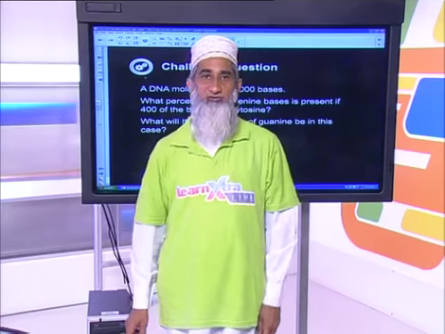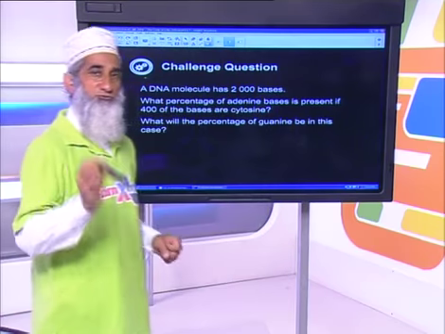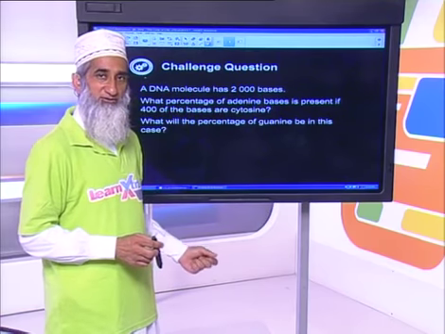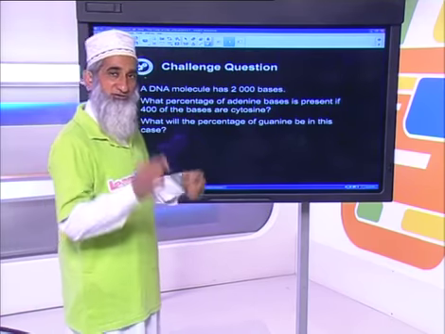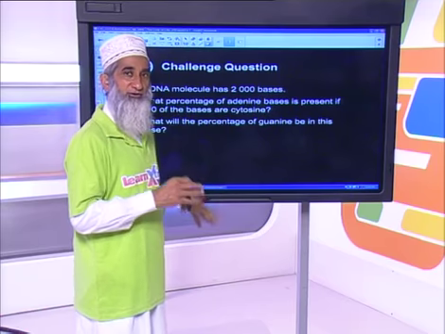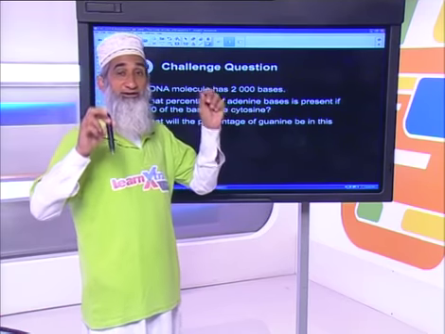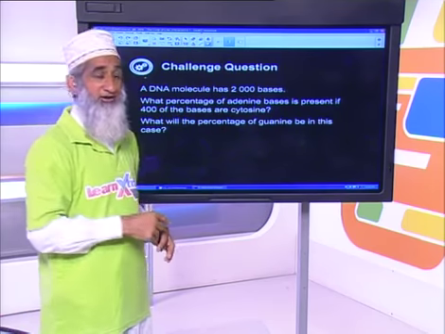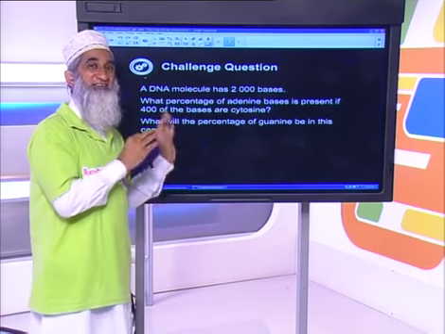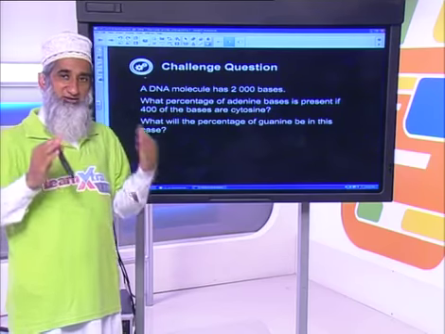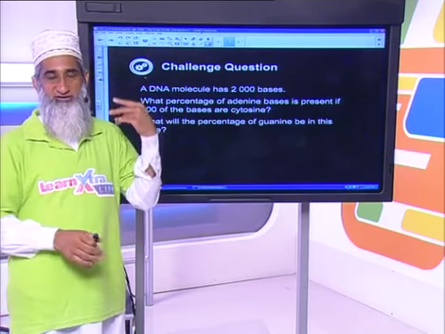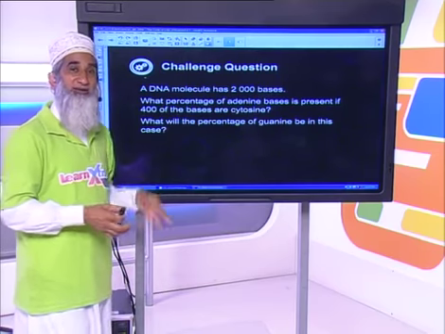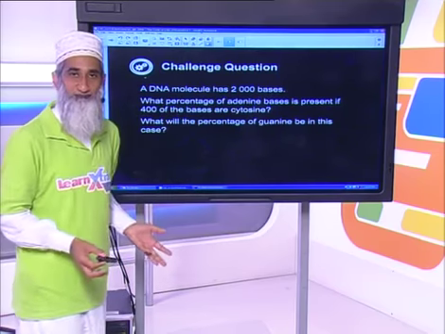Good. Great. Yes. Guys, I'm hoping you're following what we're saying, and I'm hoping many of you tried this question out. And now is the time to reward yourself if you got it right. This is why it's called a challenge question. You need to tap yourself, hey, yeah, I got it right. This is one of the more difficult ones in DNA that they like to ask. Instead of just telling you match the A with a T and the G with a C, this question is doing the same thing, only making it a mathematical problem.